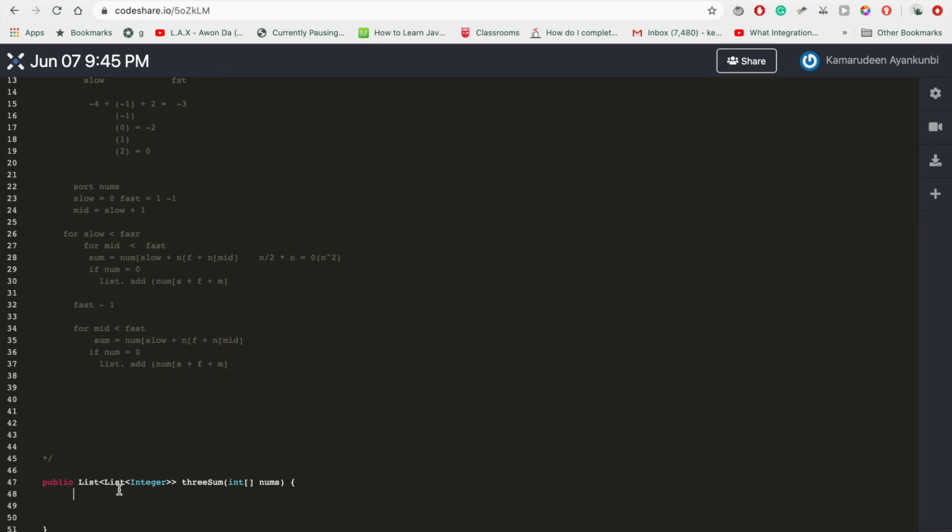So let's begin coding. So let's say we start by sorting our array. So we do Arrays.sort, and we sort nums. And then we start by declaring our pointers. Slow is equal to 0, fast is equal to nums.length minus 1. And then we do mid. So after we're done with that, we want to do a loop